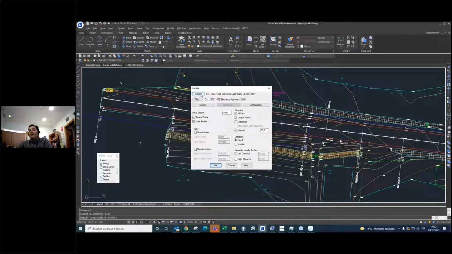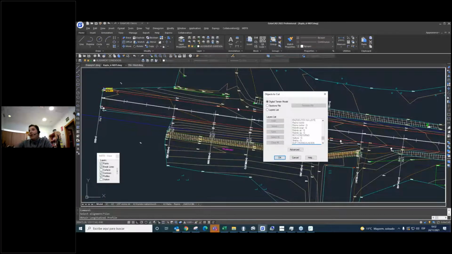We have to select the origin of the source of the data. We can change to another source. For example, in this case, we are going to use the surface, the digital terrain model, or in other cases, we can use only a layer to cut the break lines that are in this layer. For example, if we have cartography with contour lines in 3D, we can cut the contour lines directly, without even creating a digital terrain model. Okay, we are going to use the digital terrain model.